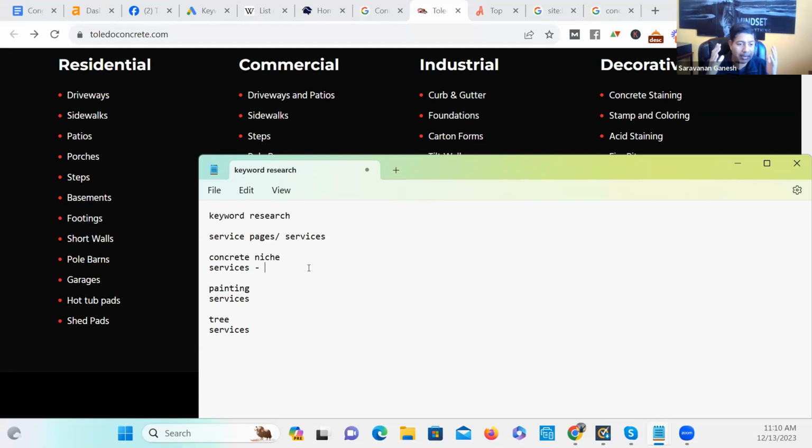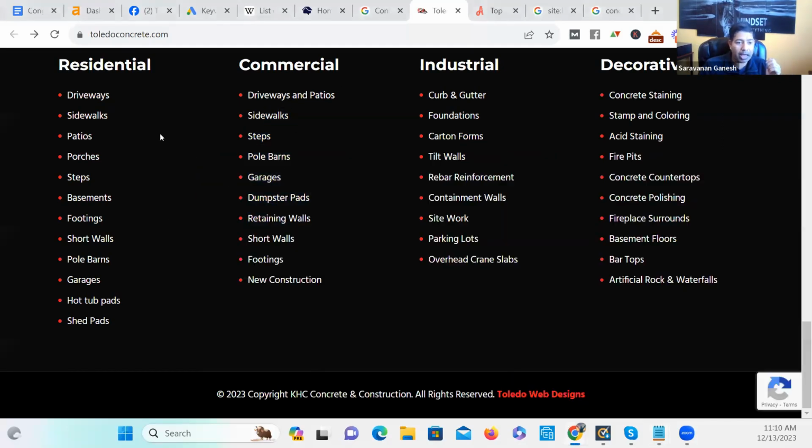But how do I, anytime you go in a new niche, it is simple. Find a guy who said, I can do all this. He's done the work for you. These are all the services he provides. Think like a businessman. If you're a concrete company owner, they're going to tell your customer, these are all the services that we provide. But what he's not done is